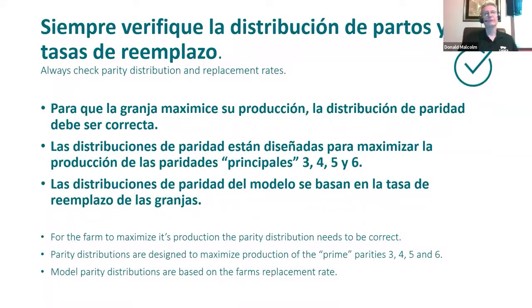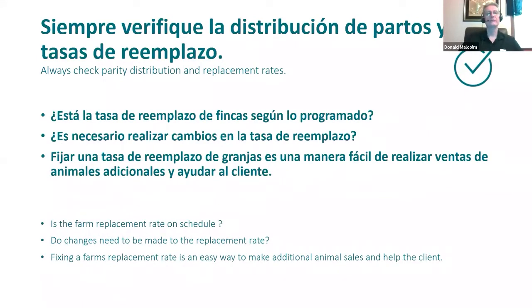Okay. Also, I always check the parity distribution. So for the farm to maximize its production, the parity distributions are designed to maximize the production of the prime parities, 3, 4, 5, and 6. Those models of parity distributions are based on the farm's replacement rate. So not every farm is the same. Okay, I always check the replacement rate. So do changes need to be made to the replacement rate? So you have to evaluate the parity distribution. Fixing a farm's replacement rate is an easy way to make additional